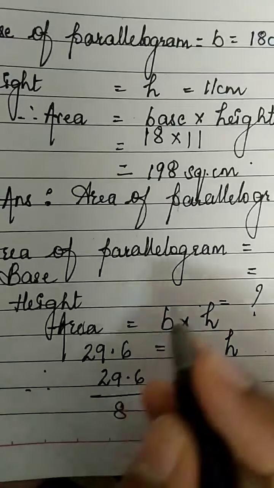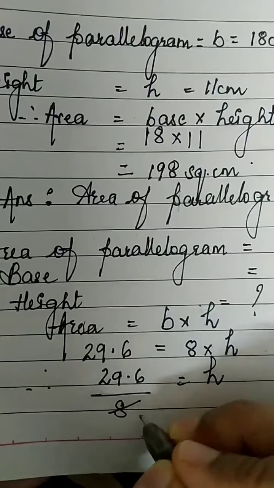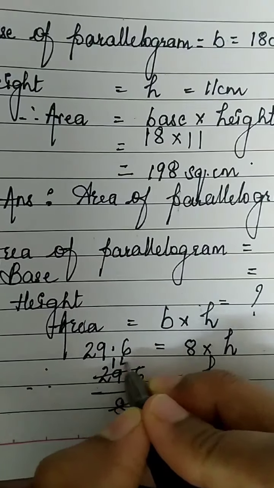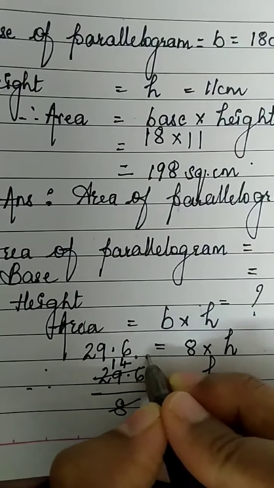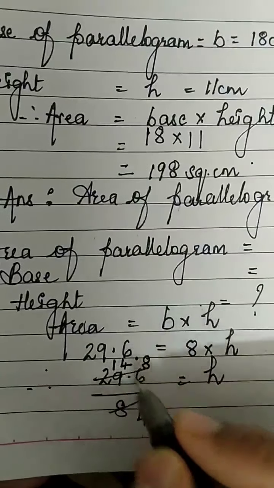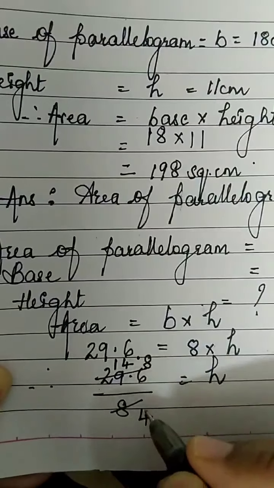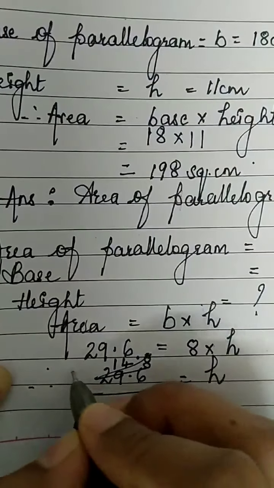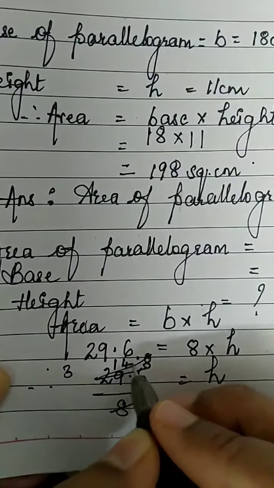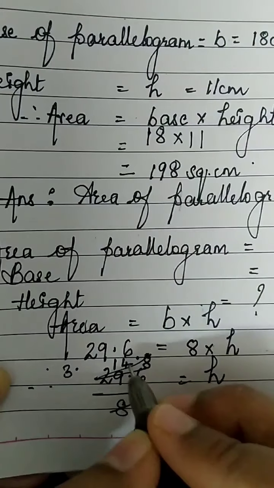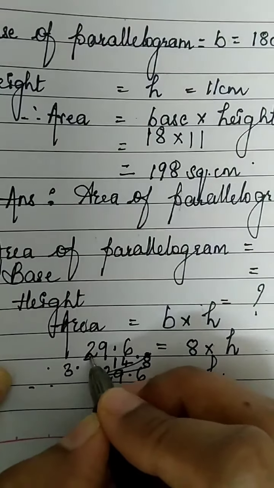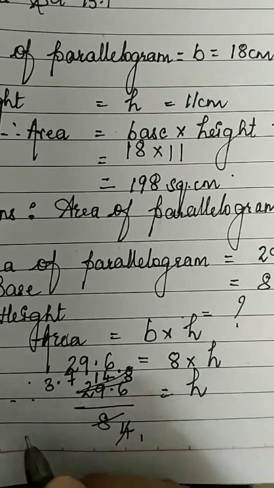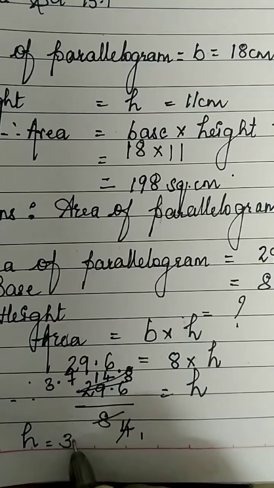Let us try to divide. If you want to divide by 2, go for that. 2 4s are 8, 2 1s are 2, 2 4s are 8 and 2 8s are 16. Now this will go in 4's table, I think so. 4 3s are 12. Yeah, it will go. 4 3s are 12. 2 remains. 0.28. 4 7s are 28. So we got height as 3.7. Right? H is equal to 3.7